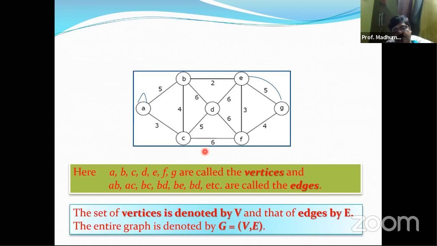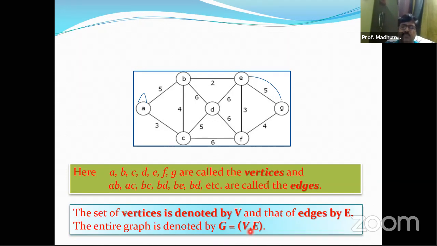So the set of vertices is generally and widely represented by V, and the set of edges is generally denoted by E. And this combination V comma E is nothing but the graph. G equals V comma E. This is the conventional notation. Now the question is